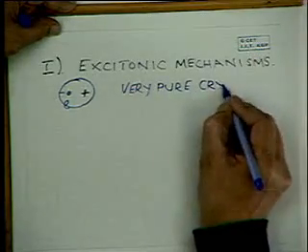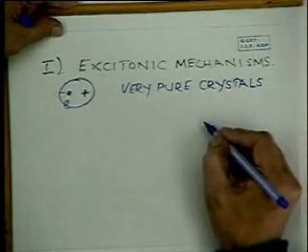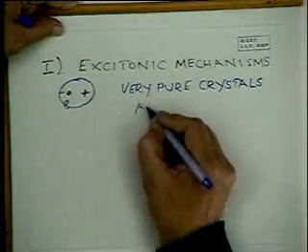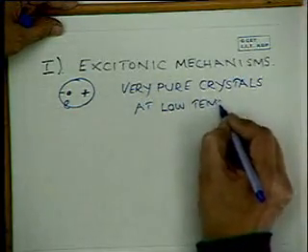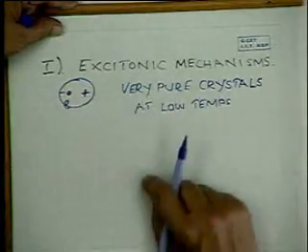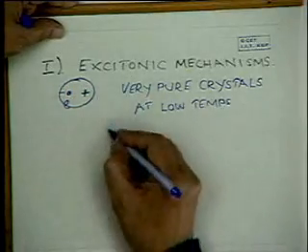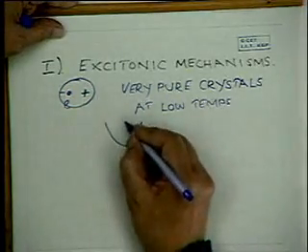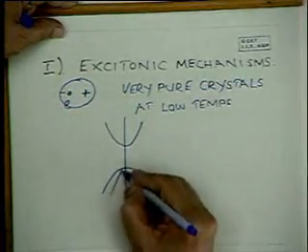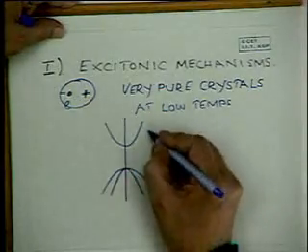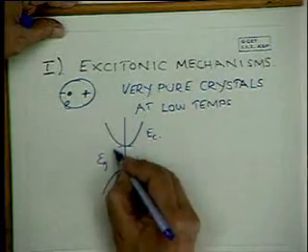which are grown by MBE or metal organic vapor phase epitaxy, and at very low temperatures, because at higher temperatures the exciton breaks up into free electrons and holes. So a simple way of looking at this is by looking at the band structure again. This is EC, the band gap is EG,